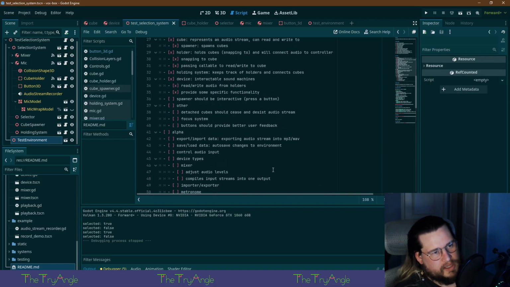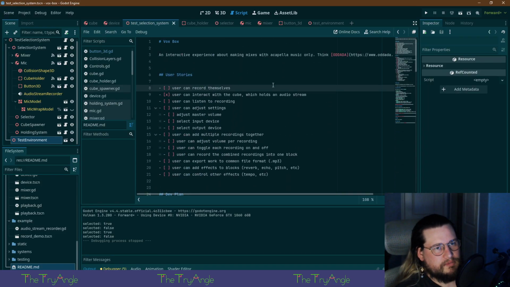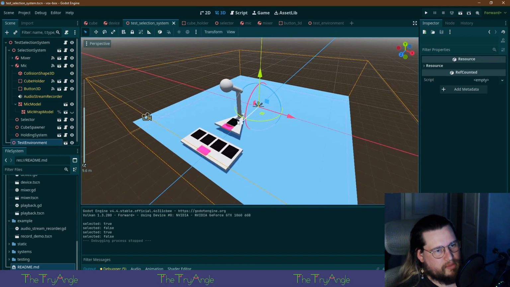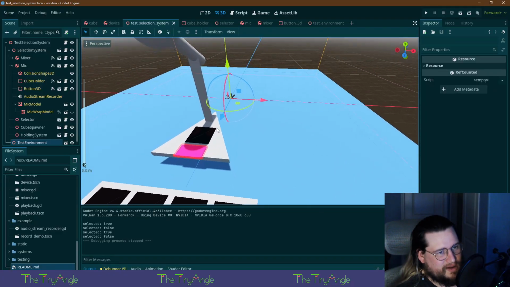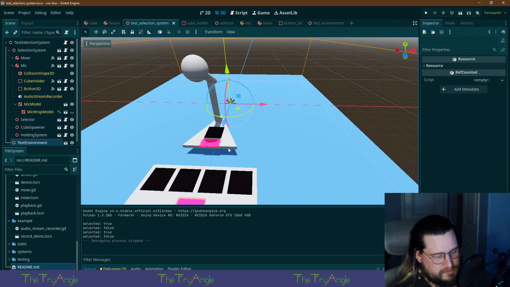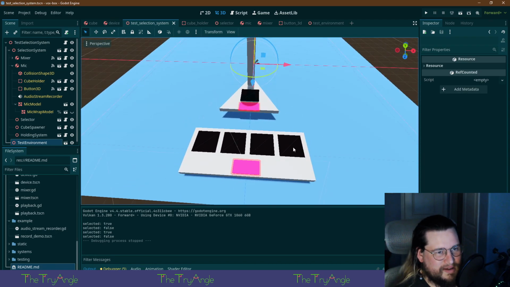This has been a fun project and it's interesting, but I'm also probably going to have to fork a version of Godot so I can implement FFmpeg to do some stuff that I need.